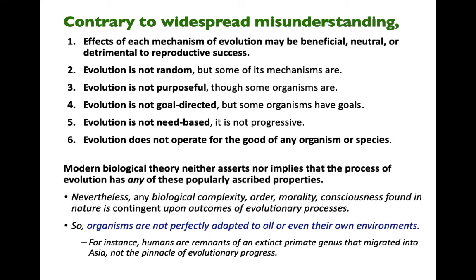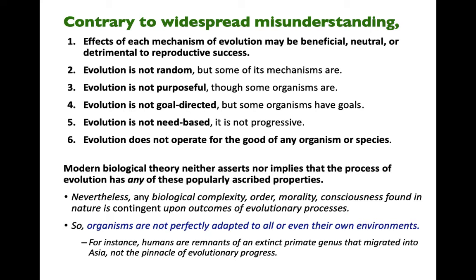Nevertheless, any biological complexity, order, morality, consciousness found in nature is contingent upon outcomes of evolutionary processes. So organisms are not perfectly adapted, and in many cases not that well adapted to all or even their own environments. For instance, humans are remnants of an extinct genus of primates that migrated into Asia, not the pinnacle of